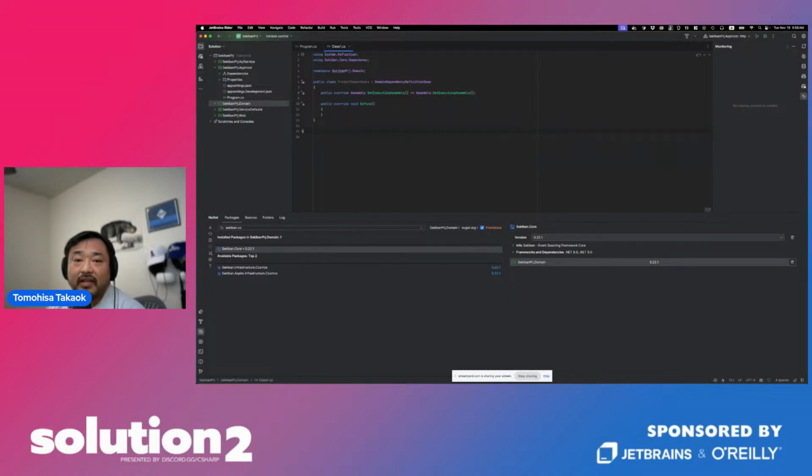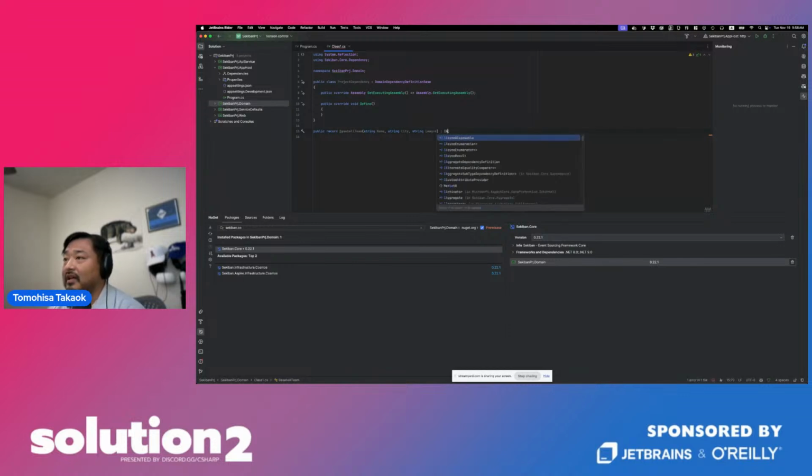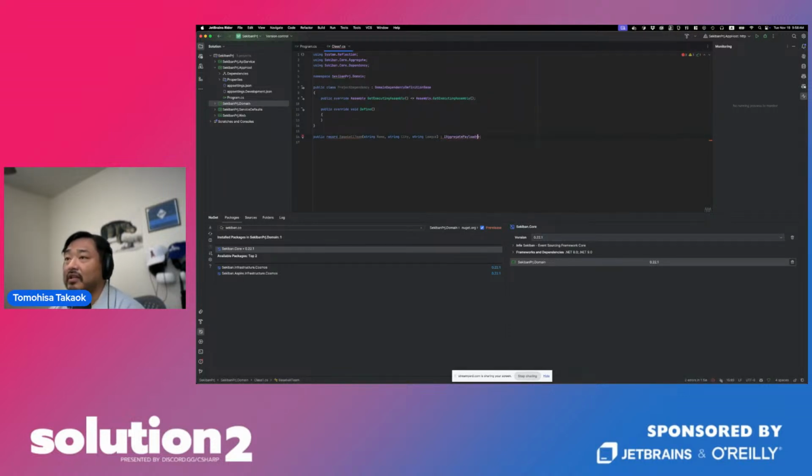So now make the aggregate, so data table, public record. Let's make baseball team, and then baseball team with name, city, and league. And then I aggregate payload, and then baseball team.